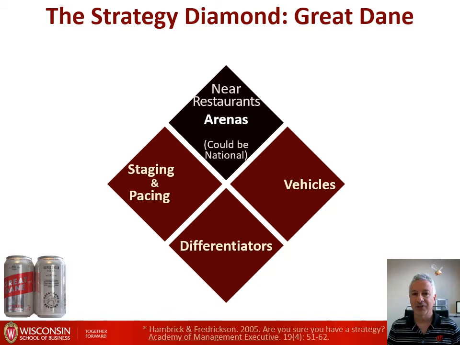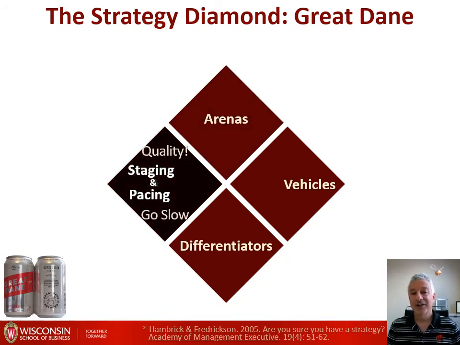Now, that in turn affects the staging and pacing that one would anticipate. So they are going to probably make their own beer because this is what their capability is. This is a differentiator. And there's a danger that if they expand too quickly, even though there is potentially a national market for their product, if they expand too quickly, then the quality may suffer. And that in turn not only will hurt their reputation in making beer, it will actually hurt their reputation in the core business, the restaurant business as well, which depends on their reputation to make beer.